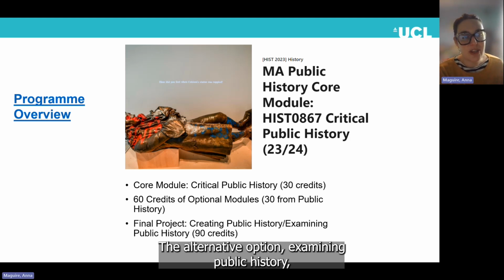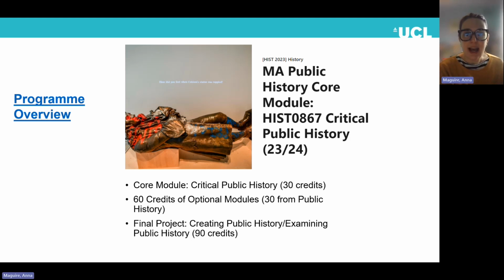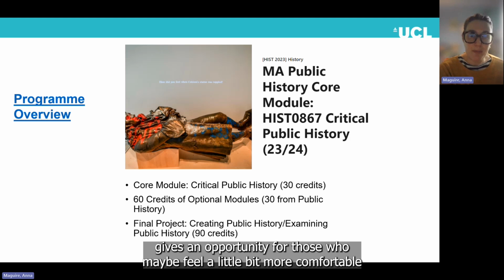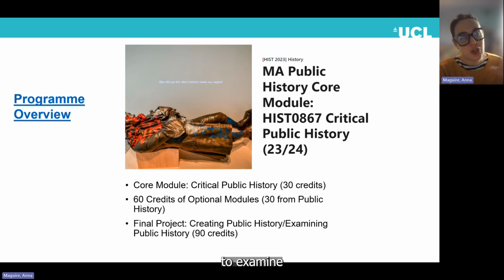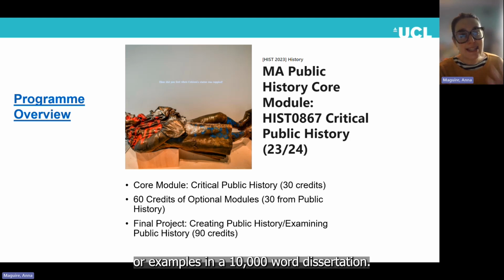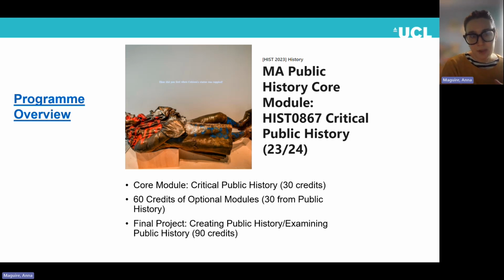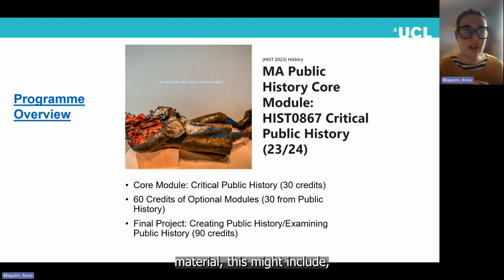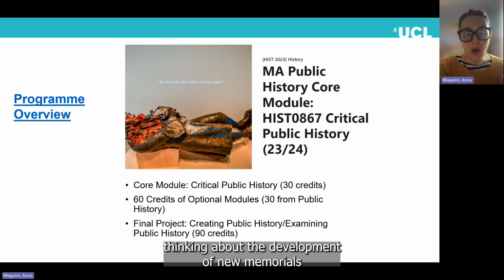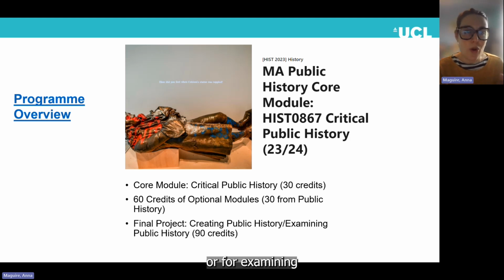The alternative option, examining public history, gives an opportunity for those who maybe feel a little bit more comfortable with writing rather than creating work, to examine public history case studies or examples in a 10,000 word dissertation. So unlike a history dissertation, which is reliant on primary source material, this might include thinking about the development of new memorials, or for examining